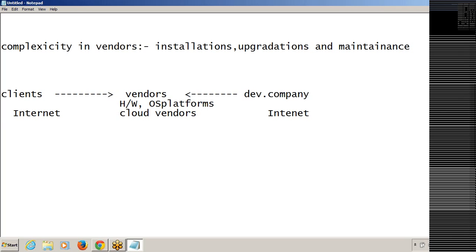And from which device can you use this Salesforce.com? From which device can you use these cloud services? That could be any device. That could be your laptop or desktop or any smartphone, your iPhone. You can develop cloud applications. You can develop Salesforce.com applications by using your iPhone also, or any tab, any touch screen. So you can use those cloud vendor services. I mean, you can use Salesforce.com services from any device